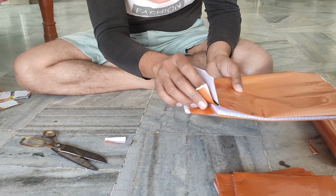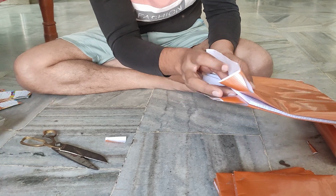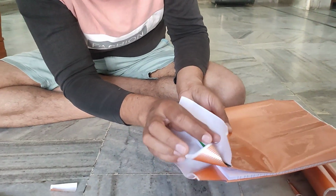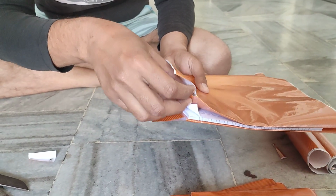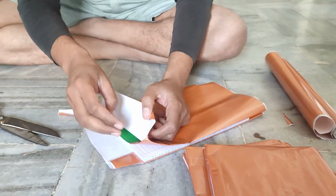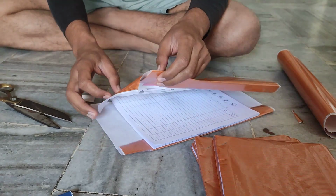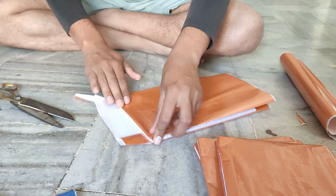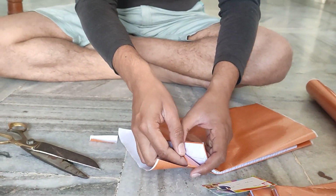Now we're going to insert these into this space. This is the notebook's cover, and this one is the paper cover. We're going to insert it between this. This is the main trick. After that your cover never unfolds automatically, and then you have to fold this like this. We're going to do this one too. Insert it inside,